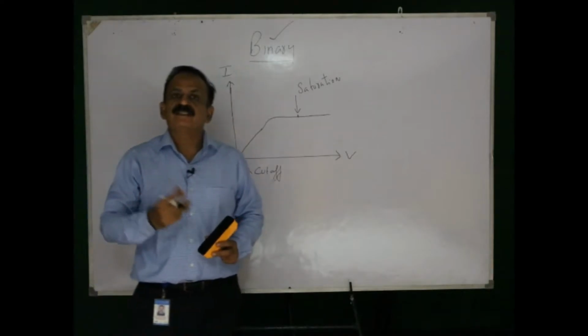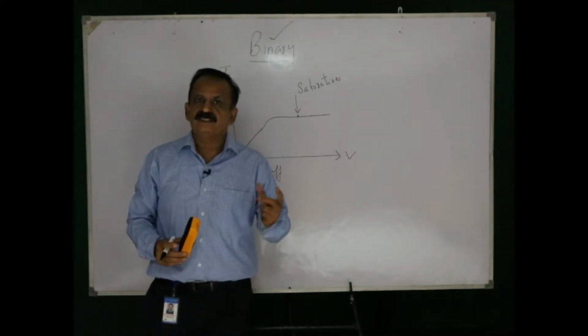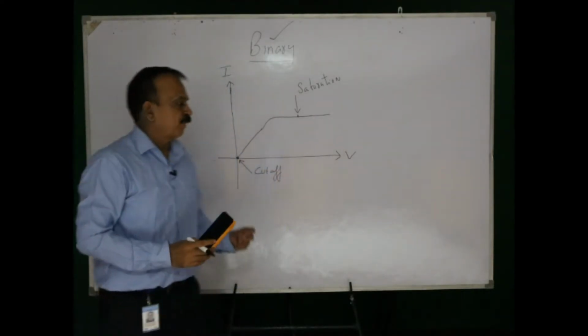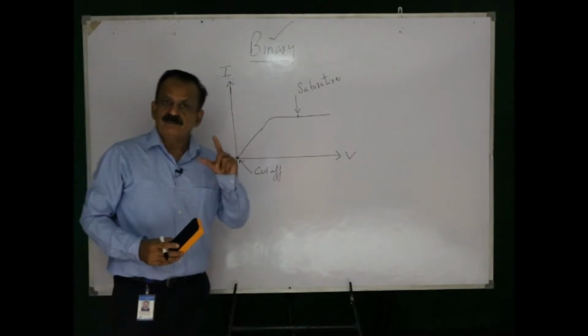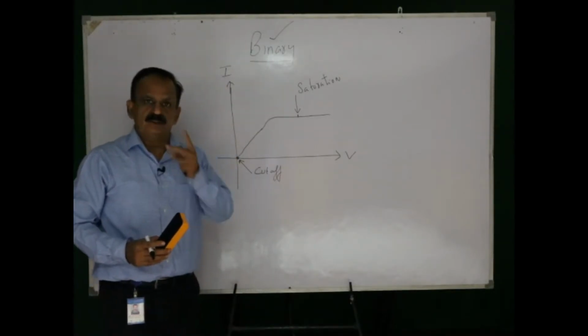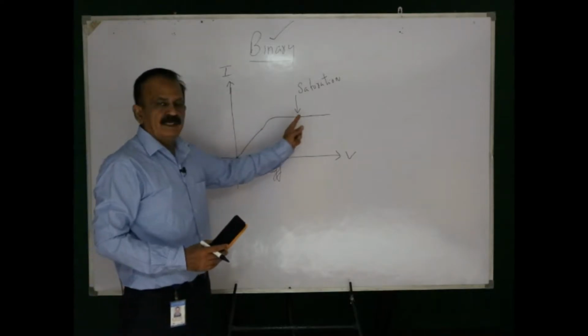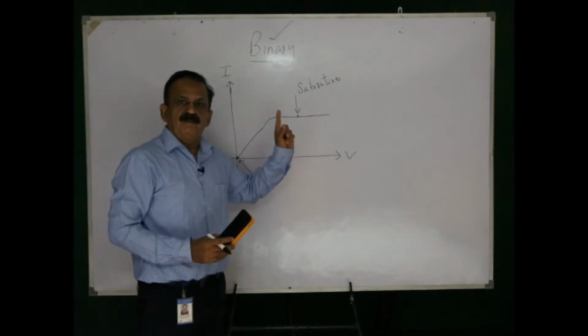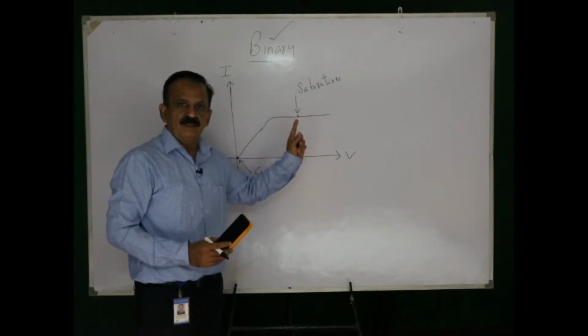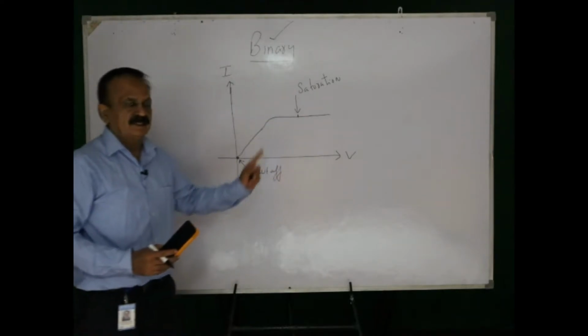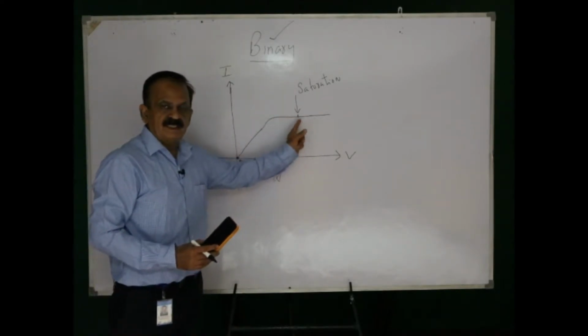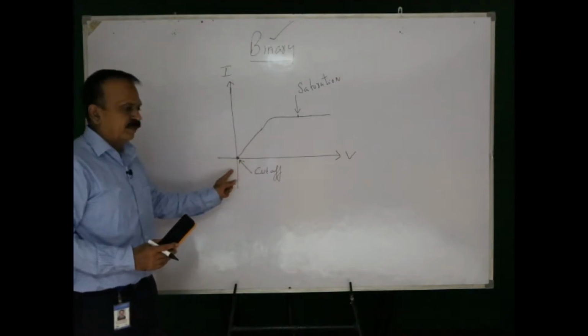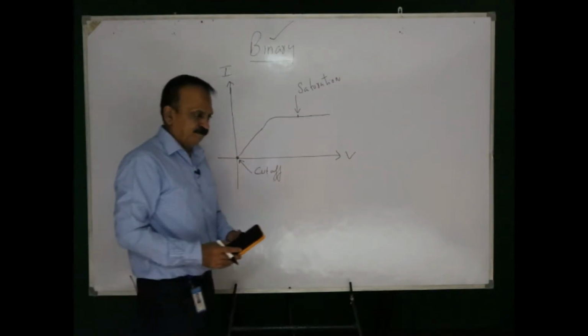The base of the binary number system is 2. It has only two digits, 0 and 1. And computer designers prefer to use the devices in two states. That is why the best number system to use in a computer is the binary number system. One will be representing the saturation state and the other will be representing the cutoff state.